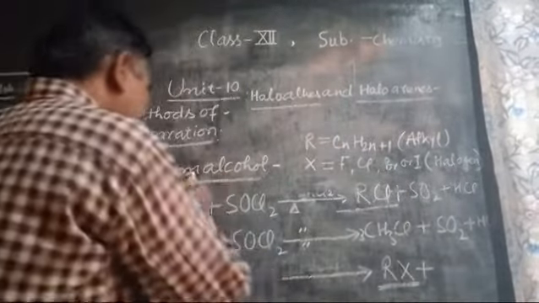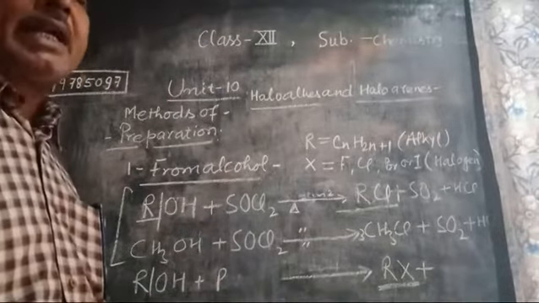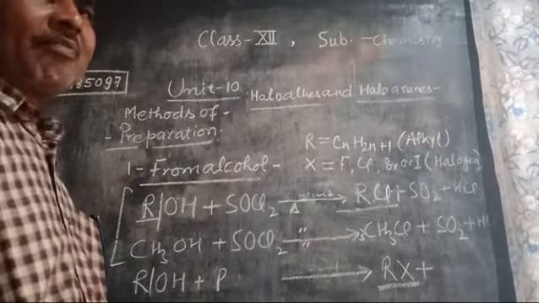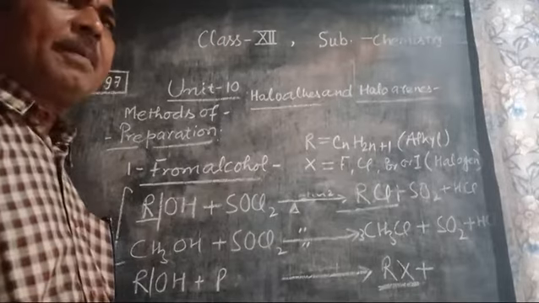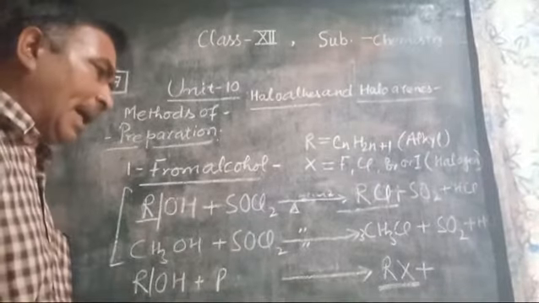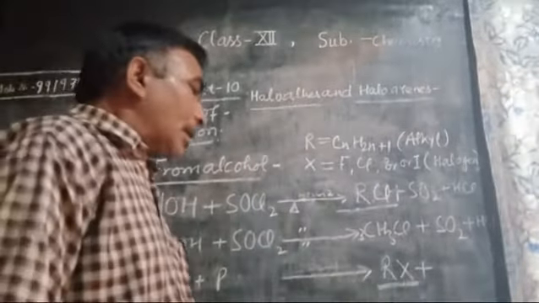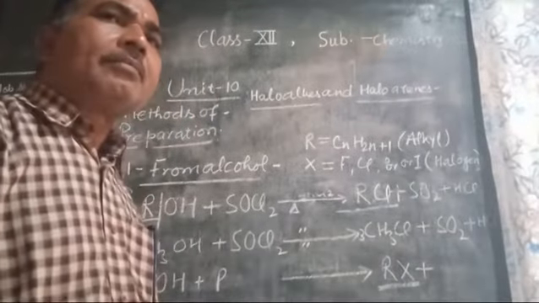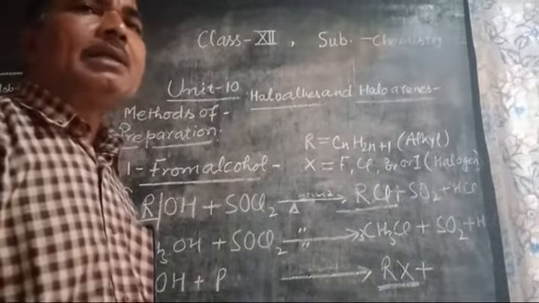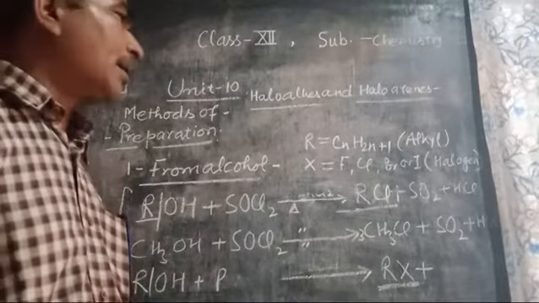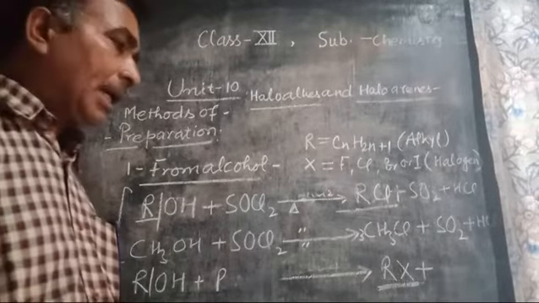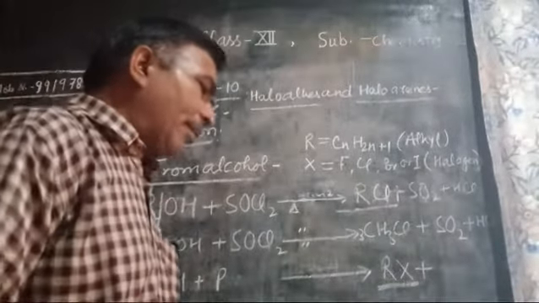So you can remember that alcohols when treated with different reagents form the corresponding halides, such as PX3, PX5, phosphorus trihalide, phosphorus pentahalide, thionyl chloride, and HX as well as NaX. Different reagents are used to obtain the corresponding halides of alkanes when treated with alcohol. Any problem? There will be no problem, as I think.